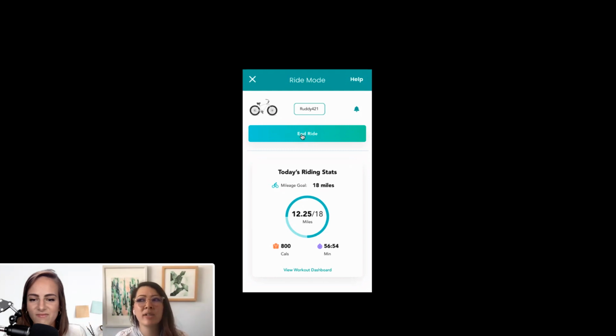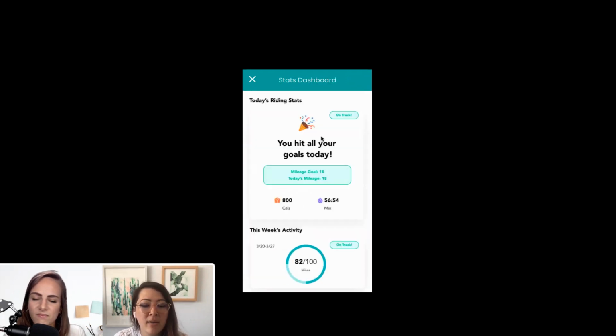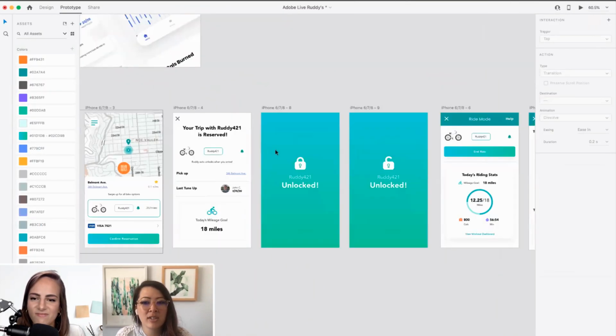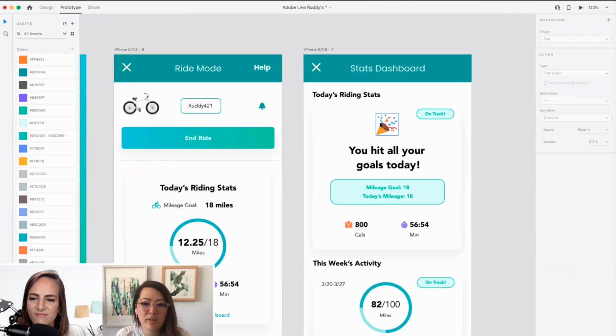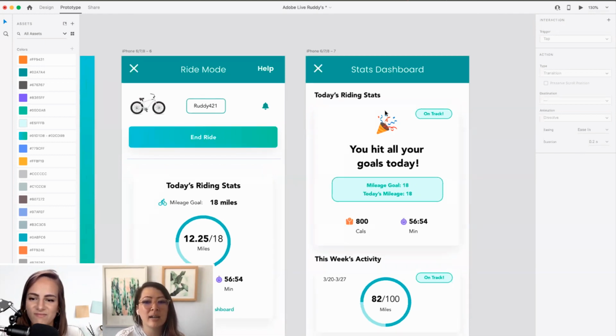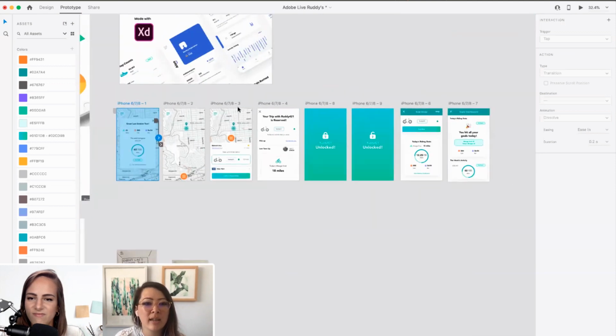Yeah, I love thinking about digital and physical experiences. One of my favorite things to work on. Me too. So okay, then I would end my ride, and great, you hit all your goals. You know what I would want to do at some point? I'm not going to do it today, but I would want this to have some sort of animation with these little things floating out. Like, have a little boop, like you hit all your goals. And again, just to make you feel so good about going back on that bike tomorrow and getting back on that fitness train and feeling really good. But I'm not trying to get that comprehensive.